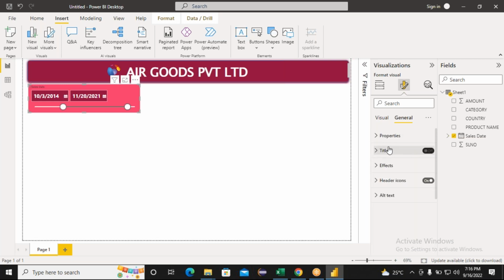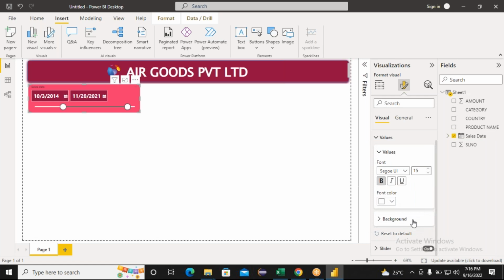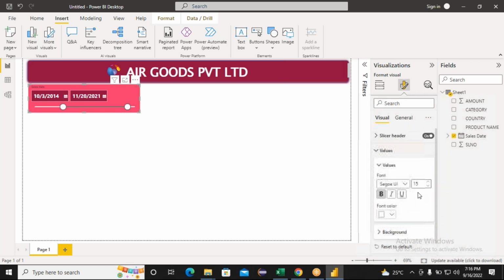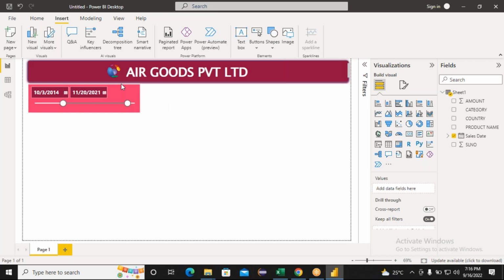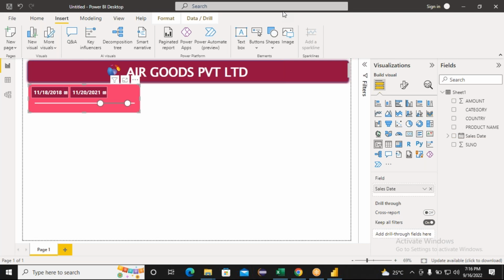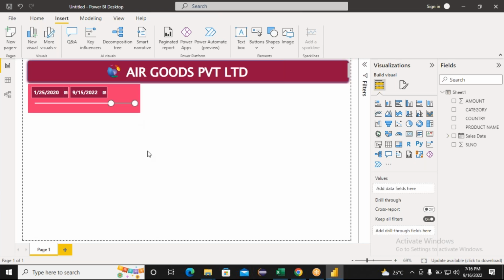So not this one. I can go to the options for visuals. The slicer header is there, right? That I'll turn off. Okay, not required. And then from here you can take a look. I can go with those options. Drag 2020 to 2022, whatever you want. Okay, you can have the look. Okay, fine, all good. So now the next step, again I'm going to take the slicer, and